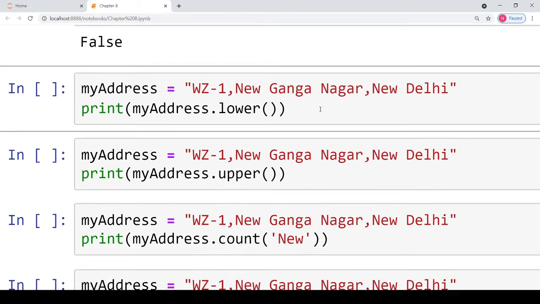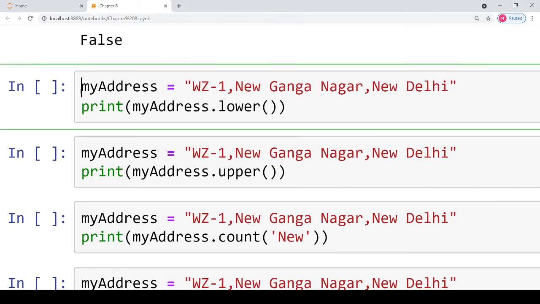Now in the second question, again you are provided with a string named my address and the string value is some address, WZ-1, New Ganganagar, New Delhi, and you have to perform different string manipulation operations on this string in each part.